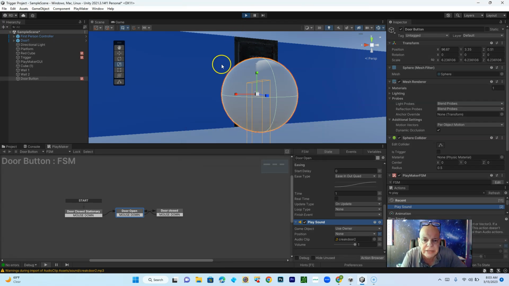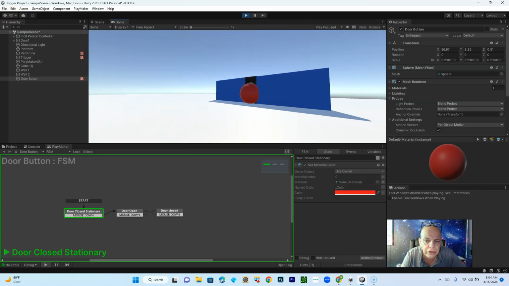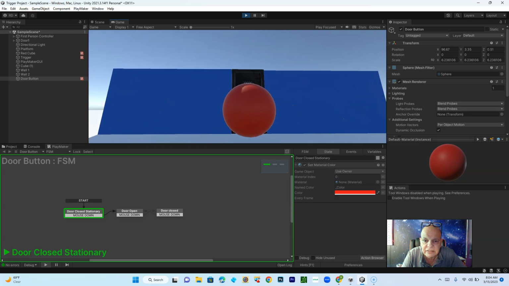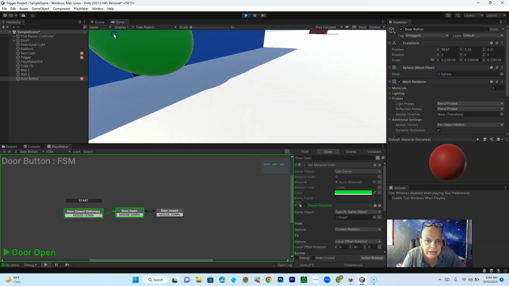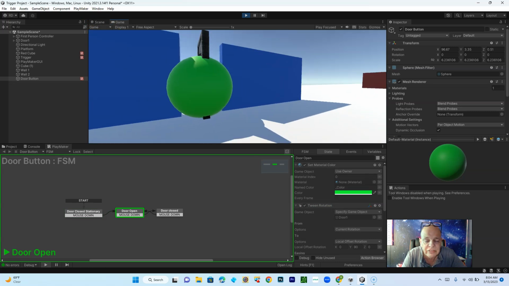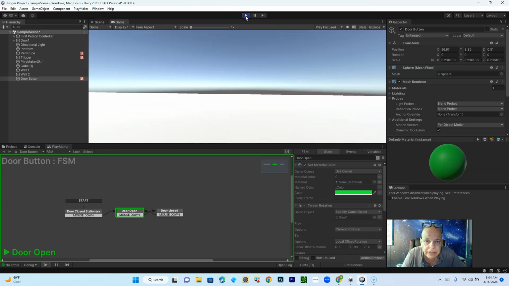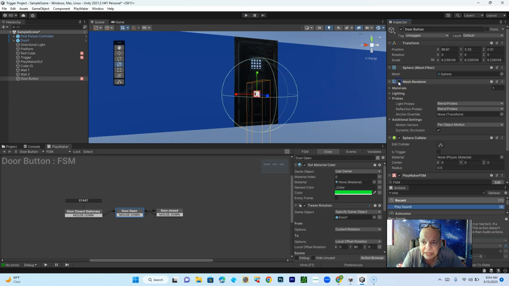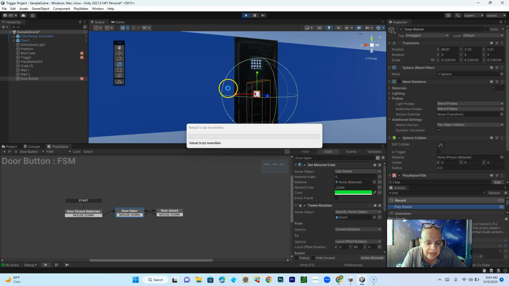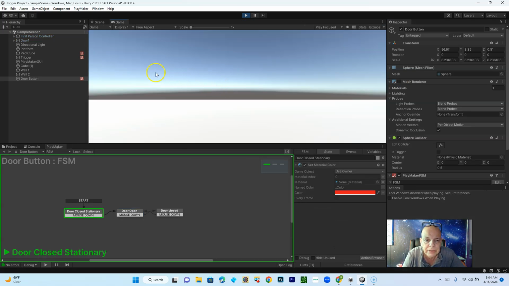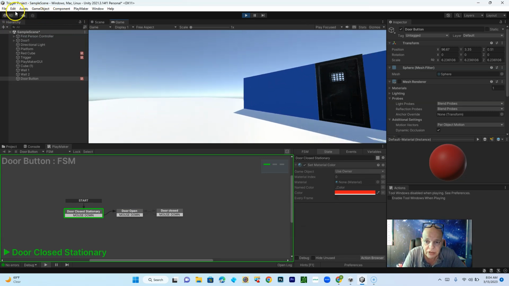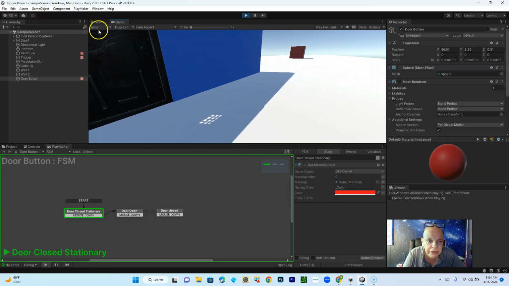So here we go. We're going to play it. We're going to go to the actual door. Notice we're going to the door. There it is. And we're going to go ahead and open it up. Now notice my button is not transparent. So how do you make it transparent? We make it transparent by just selecting it and clicking on Mesh Render, clicking it off. And now we can hit play again. And we'll go back to the door, and we won't see that big ugly button in the middle of it, but it'll still be there,